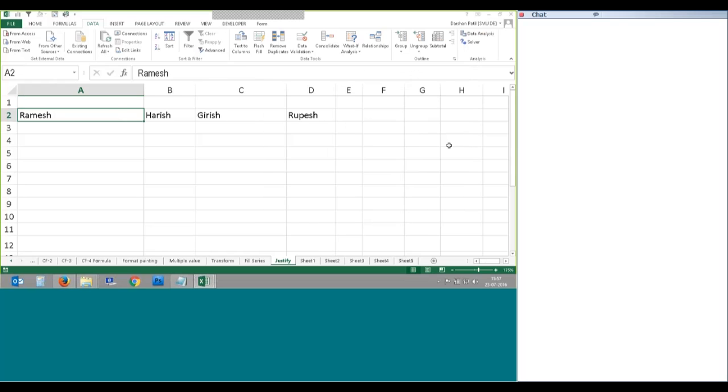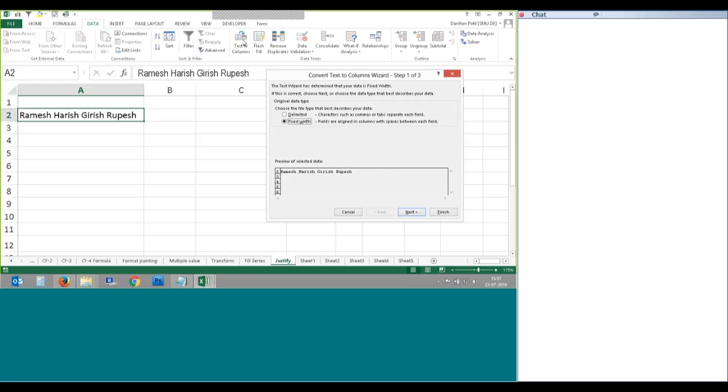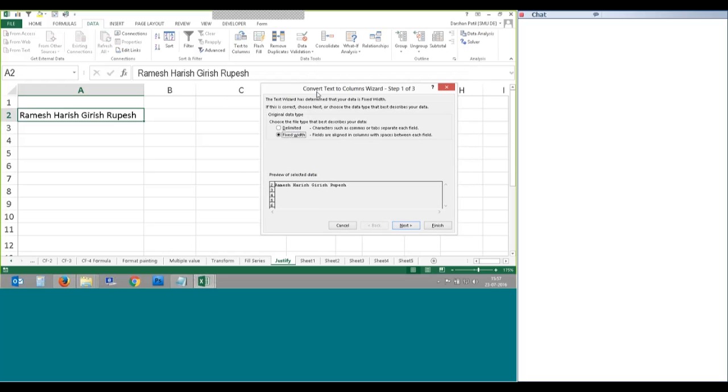So there is something like there is a one cell, you have a data here in one cell, and in the data ribbon there is something like text to column. Okay, text to column, convert text to a column wizard or a text to row. You can highlight with anything, text to column. So now there are two concepts. One is delimited characters such as comma. Sometimes what happens, Ramesh, comma, Harish, comma, Girish, comma. So then we have to select delimited concept,